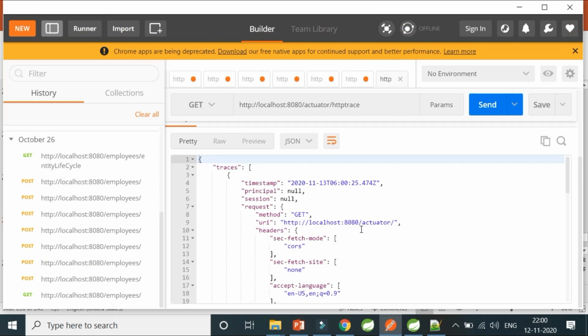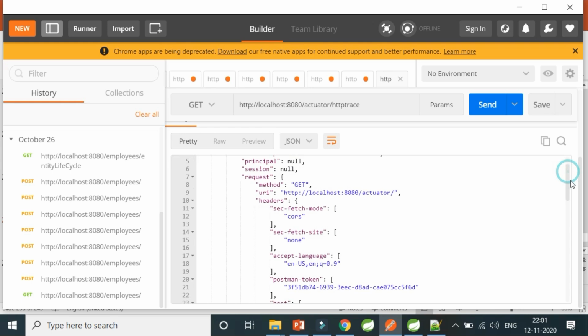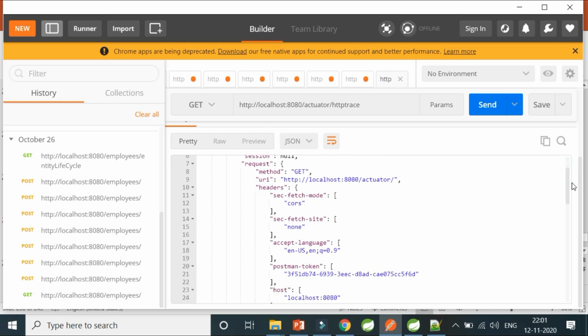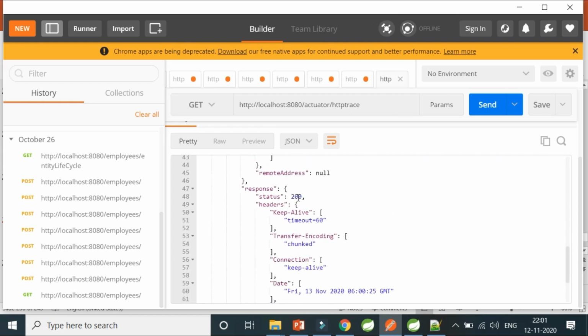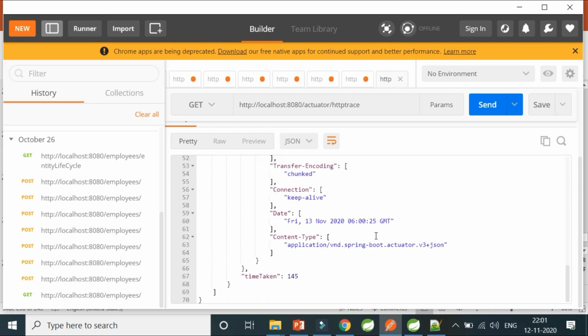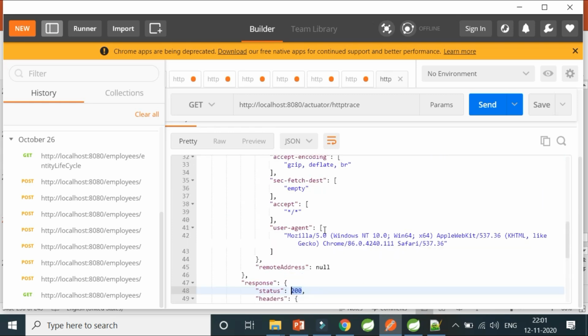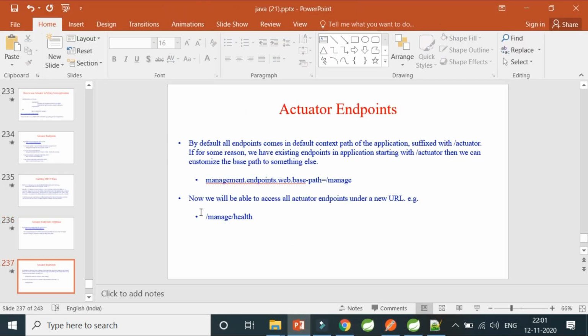So you can see I've already hit /actuator/httptrace, which was one of my hits I've done previously after making the changes before hitting this. So you can see that I have the trace actually with it, and I have the response also. It says 200, it is active, and what all responses I've got and what all user agent I have used to hit that particular request. So I hope that much is also clear to you. If you have doubt in HTTP traces, let me know in the comment section.